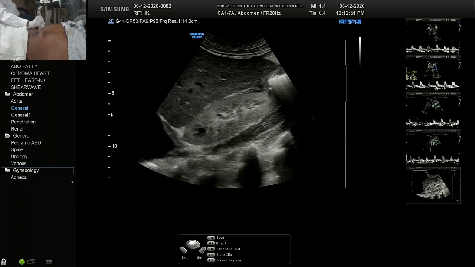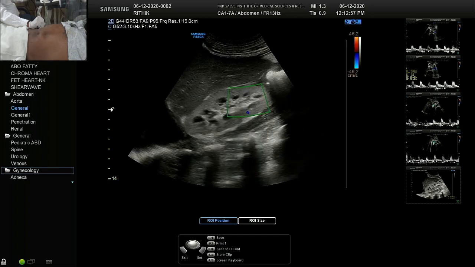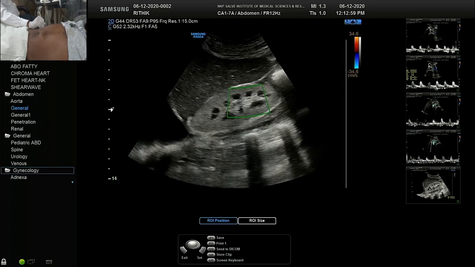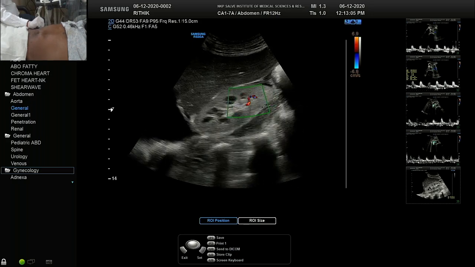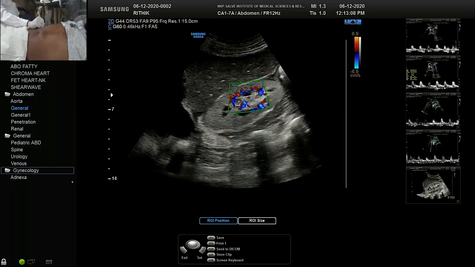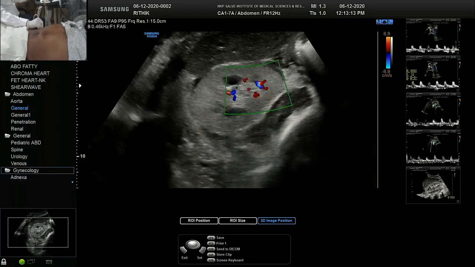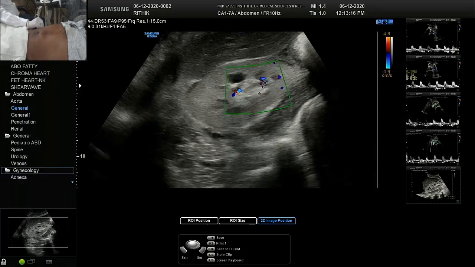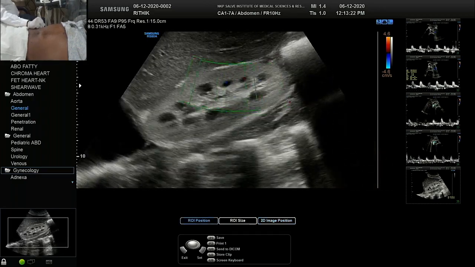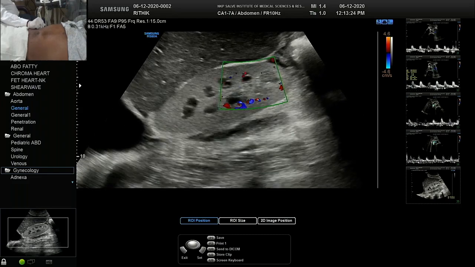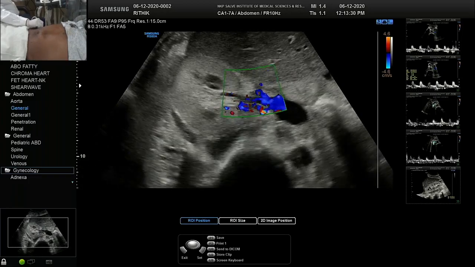We go back to the kidney. We are not able to see anything. We check our Doppler settings. We reduce the PRF so that we can see that tree. We have grossly reduced the PRF, lesser than what we had done in a normal patient, and this is at the hilum.